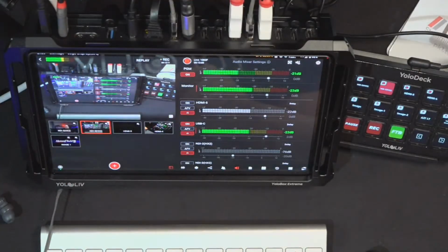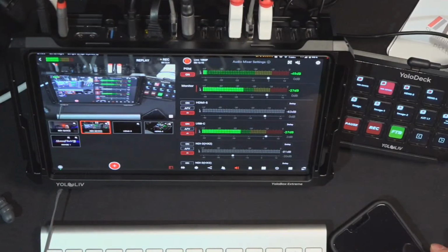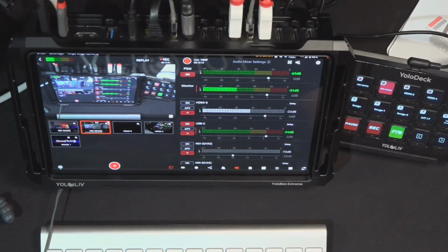Specifically, the audio part is handled by the Zoom LiveTrak L6, which is on the bottom of the desk, so I'm not going to show it to you, but I'm sure you're quite familiar with this new device from Zoom. It's connected directly to the Yolobox Extreme via USB-C, and it's also powered by the Yolobox Extreme. It's a bit dangerous, I know. I'm aware of that. But actually, I found out that this direct USB-C connection is quite good for audio quality,